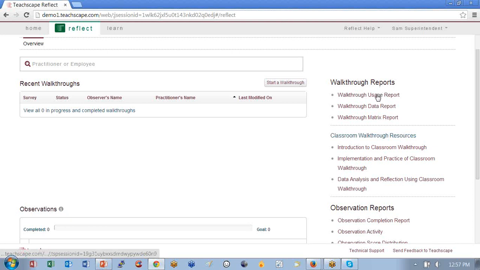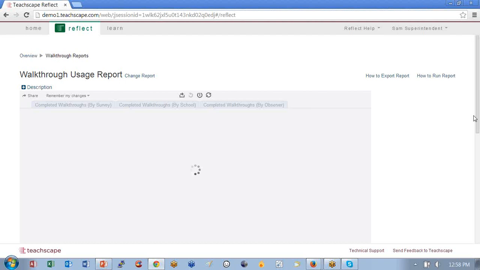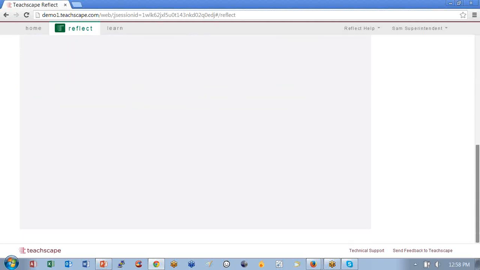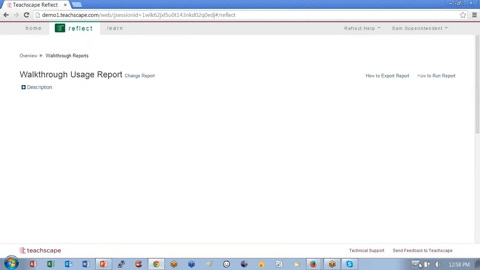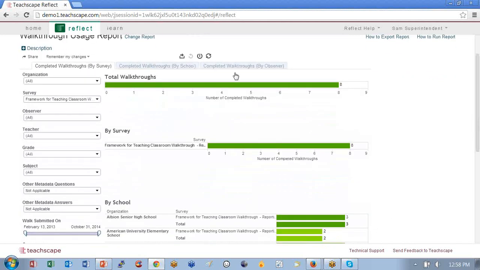So again, if you're looking at walkthroughs, you can look at a walkthrough usage report, and you can see how many walks have been done by types of surveys. Bear with me, I'm doing this from my home internet, so I'm sure it's faster in your school buildings than it is in my house. Assuming I still have Wi-Fi here, because Comcast drops all the time. Yeah, there we go. All right, so you can see here the number of walks by school,